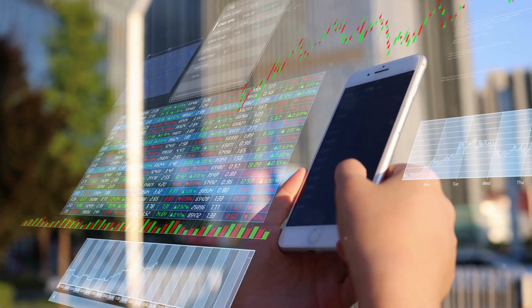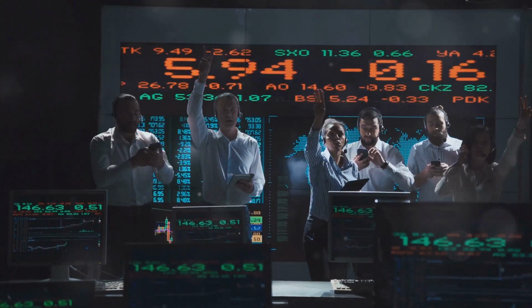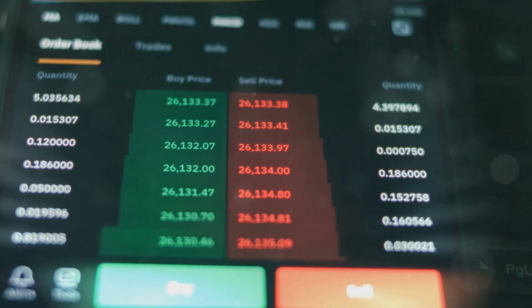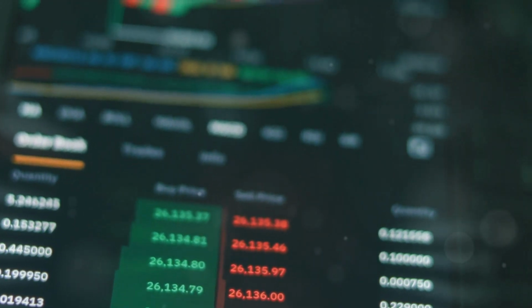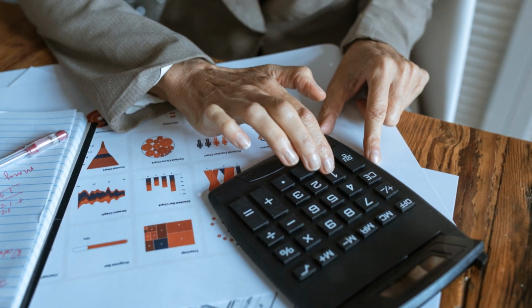Investors can use different methods to determine the basis of stocks sold, including 1. FIFO, first in, first out. This method assumes the oldest shares are sold first. 2. Specific identification. This allows the investor to specify which shares are sold. 3. Average cost method. This method averages the cost of all shares purchased.